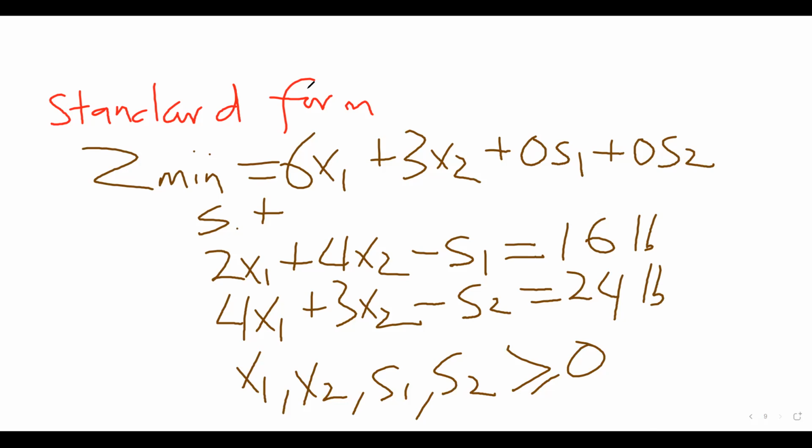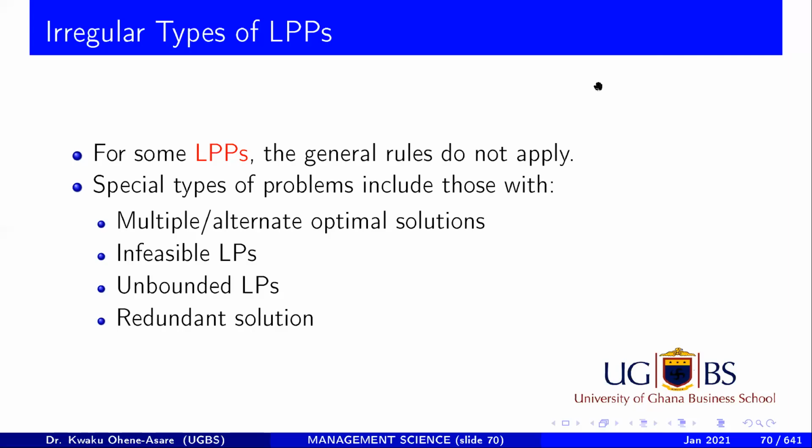Any question at this stage? Any question? Next time we meet, we are going to learn about the irregular types of linear programming problem. You see, all the linear programming problems we've looked at, they are regular. They are not strange. But next time, we are going to look at 4 different kinds of strange linear programming. And then you'll be able to now master the basic. Okay? So we'll look at all of these 4 different kinds of linear programming next time, and you will be able to master the